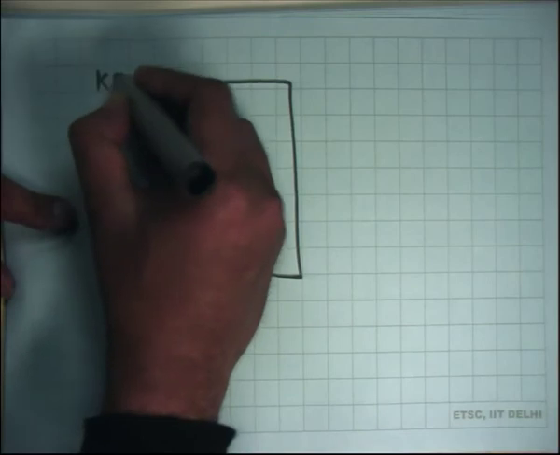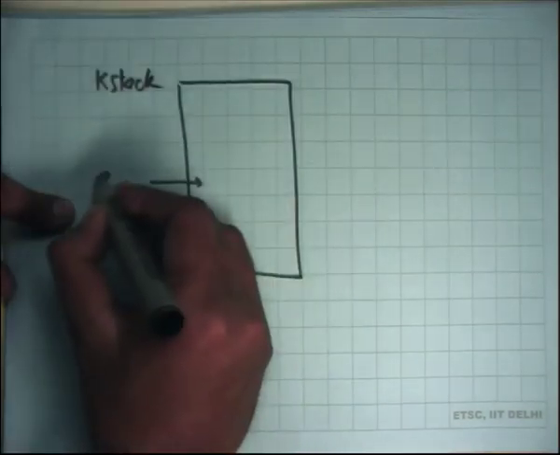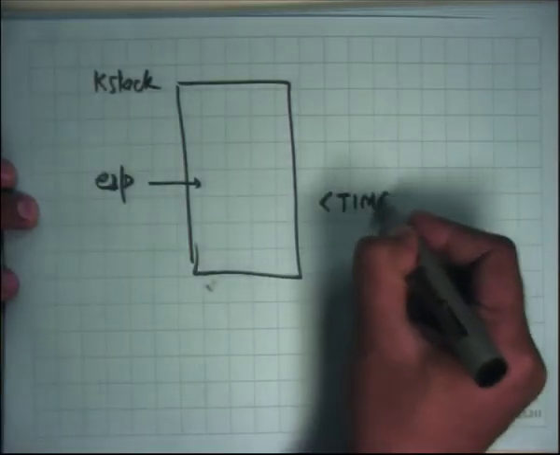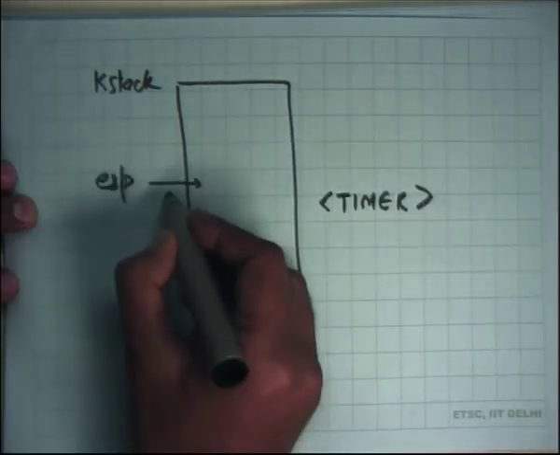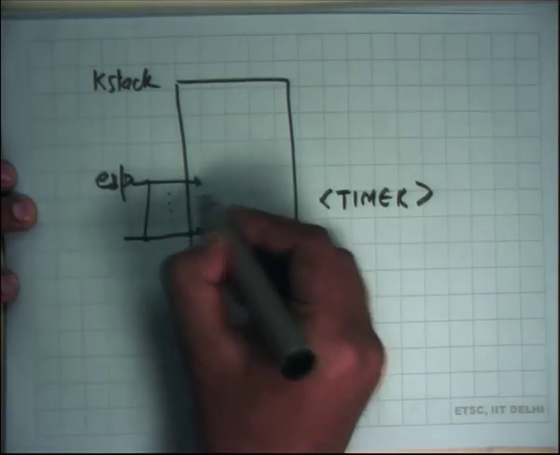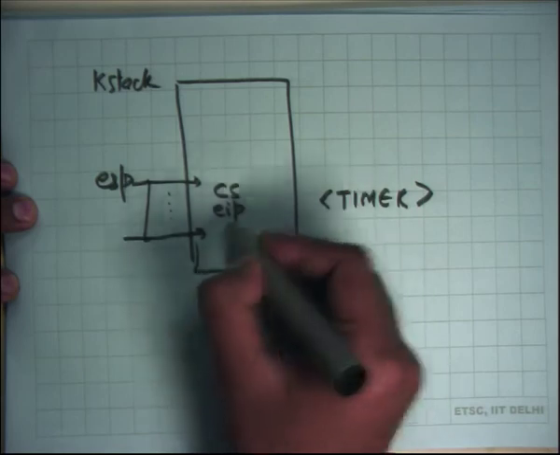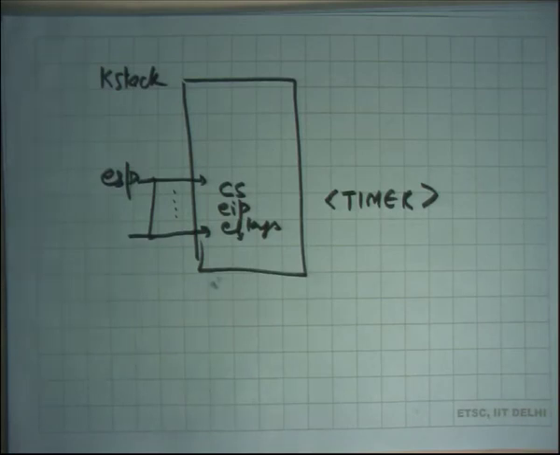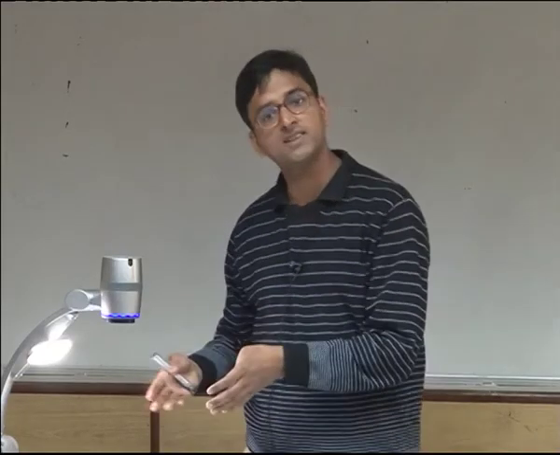So if you were executing, let's say this was the K stack, and this was the ESP while you were executing in kernel mode, and a timer interrupt comes. What will happen is ESP will just get decremented, and CS, EIP, and EFLAGS of the kernel at that time will get saved, and the handler will get called just like before. So it's possible that a kernel's execution gets interrupted, in which case the kernel's EIP gets saved, and all the other registers will also get saved just like before.